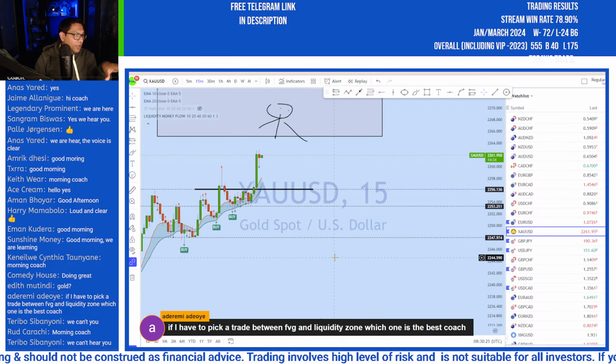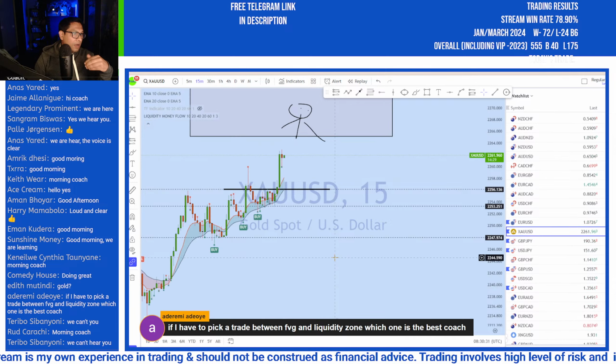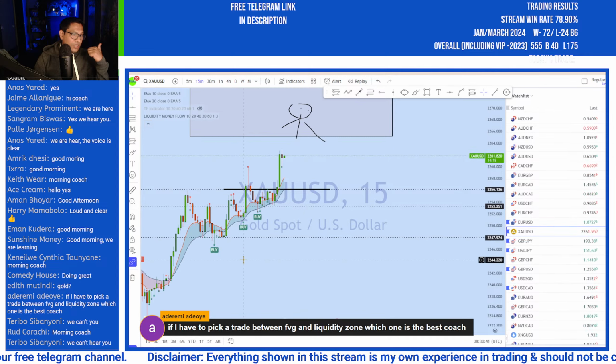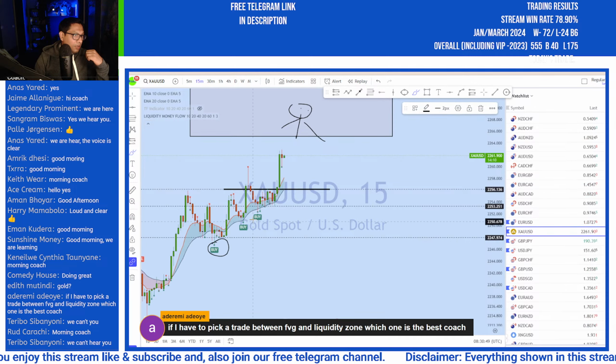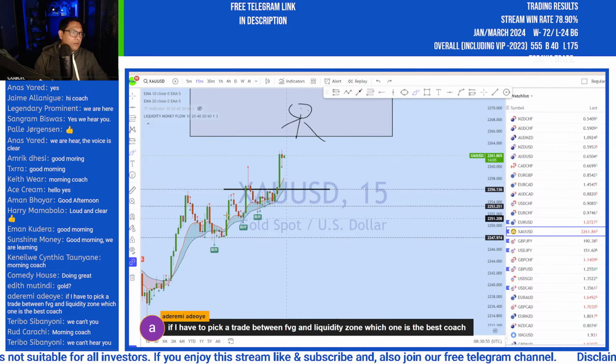But this tool is telling me where the big boys are gathering that liquidity based on the strategy that I am using. And that's how you can see that especially when it trends, it gives me very nice looking information in that area. And those three buy alerts all worked out very well. This is the best way to understand the market, to look at the price action and then look at where the price is.